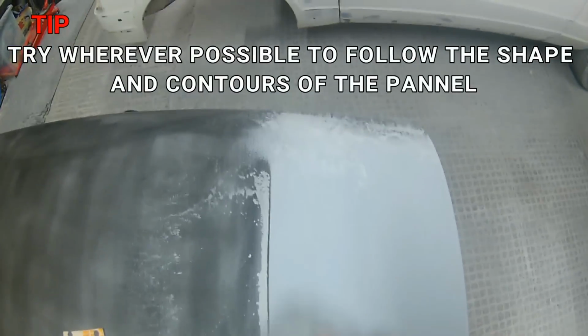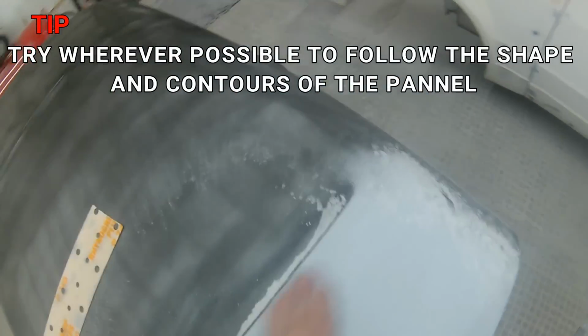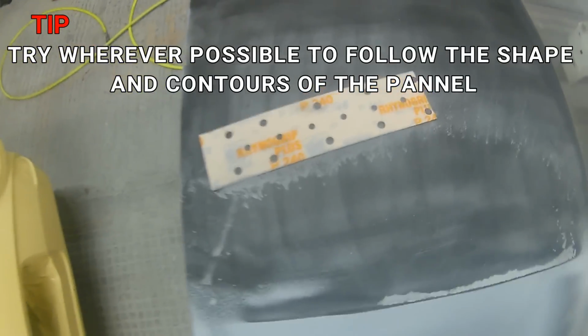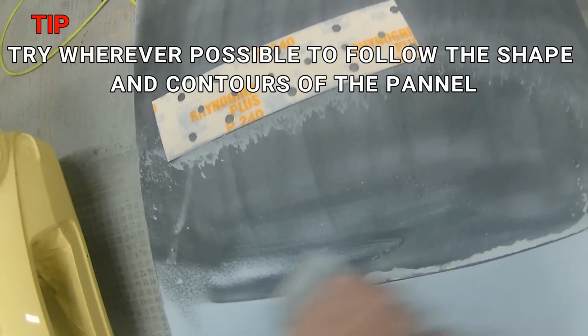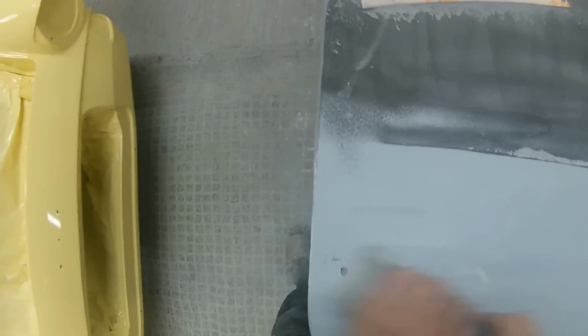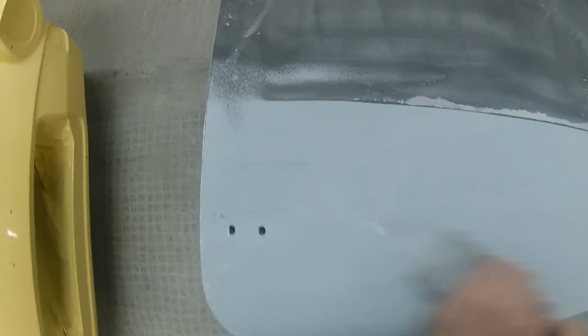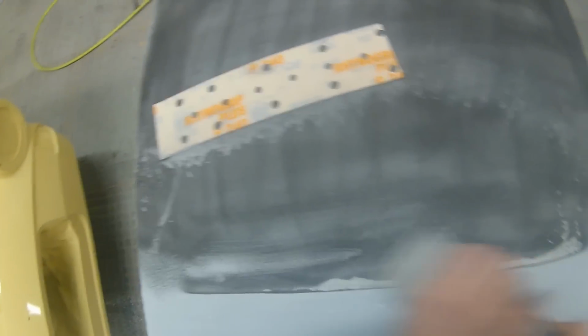Make sure your primer and everything's mixed bang on to the manufacturer's data sheets, and then give your primer, I like to try and leave it about 4 to 5 days if you've got this kind of build. It gives you a lot less chance of getting any shrink back from where your repaired areas are, or even any little rub throughs that you've had underneath this primer. You want this primer really to be rock solid before we start blocking it,